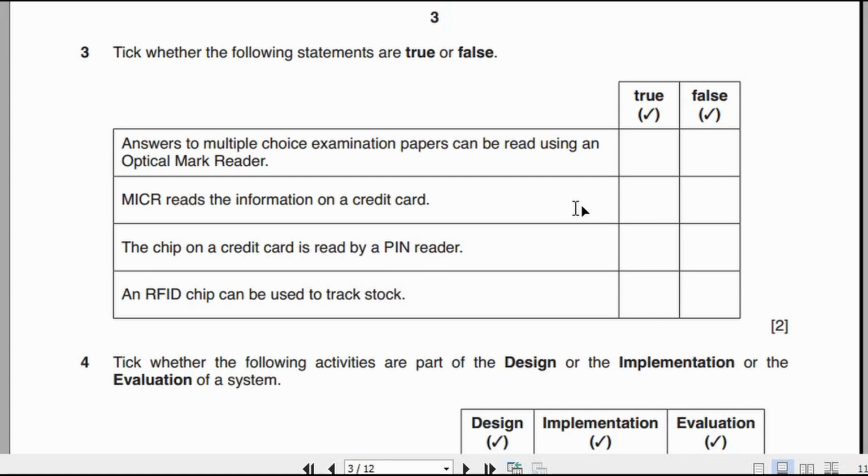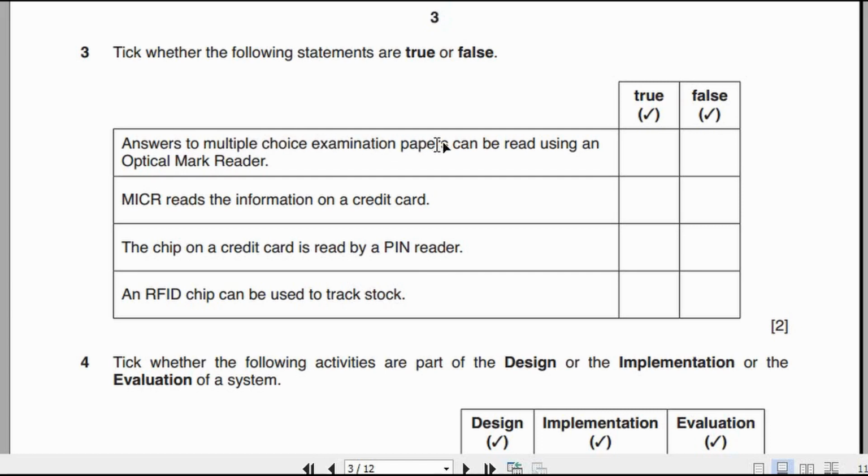Yes, you will get 0 marks. If 2 of the 4 are correct, you will get 1 mark. If 3 are correct, you will again get only 1 mark. And if all 4 of them are correct, then you will get 2 marks. Okay, I hope you understand, because I need not tell you over and over again. Answer to